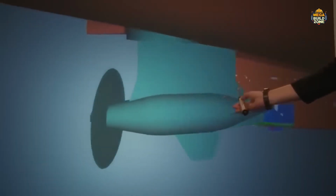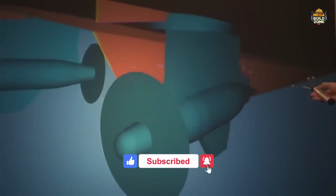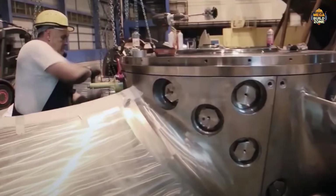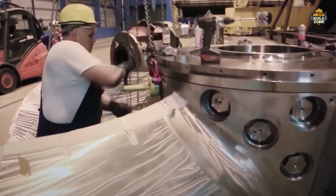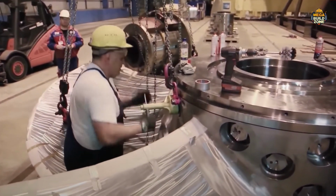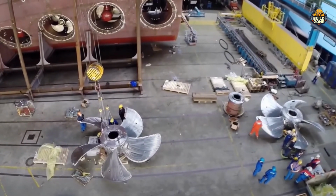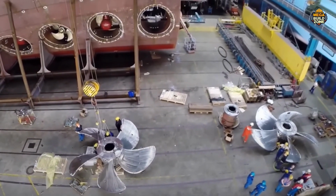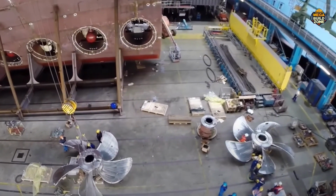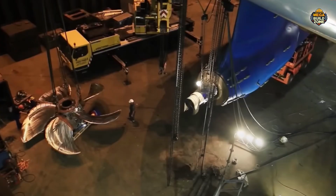Witness the transformation in seafaring. The Azipod propulsion system, a marvel redefining how this giant ship glides across the oceans. Breaking away from the norm, each Azipod unit stands as a pinnacle of engineering innovation. Picture a 360-degree rotating gondola, seamlessly integrated with propellers, offering a whole new level of agility. Weighing in at an incredible 230 tons with a 12-meter span, these pods are the zenith of propulsion technology at